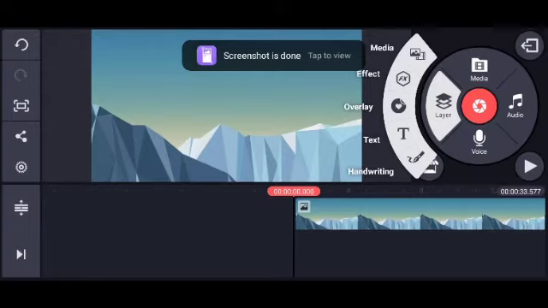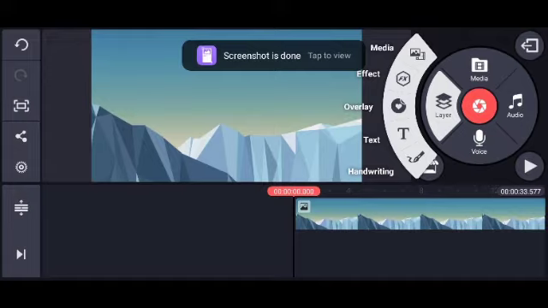Now, as the background is fixed, the next step is to go for the video explanation part. The second step here: layer, did you see that layer? You press on the layer, then this type of interface will open: media, effect, overlay, text, handwriting.